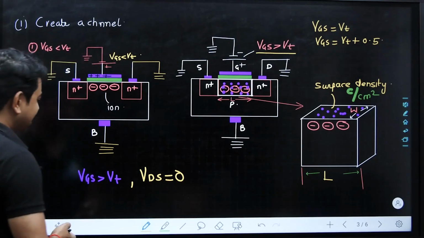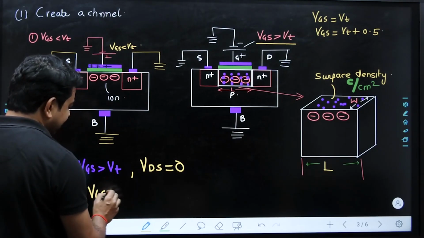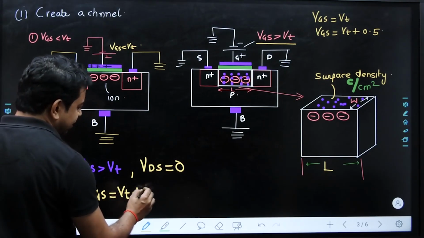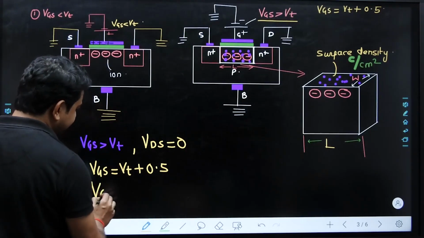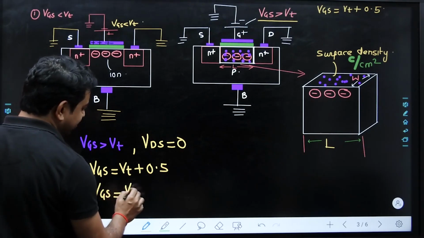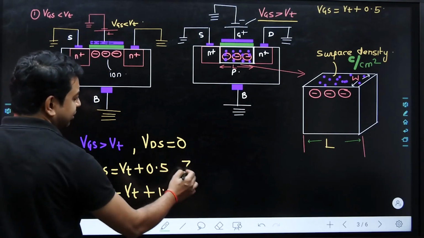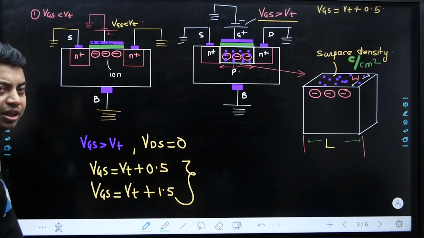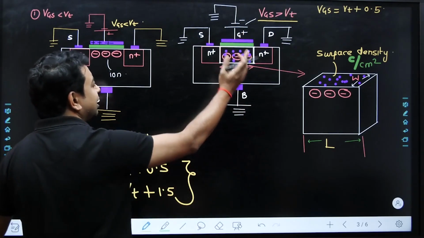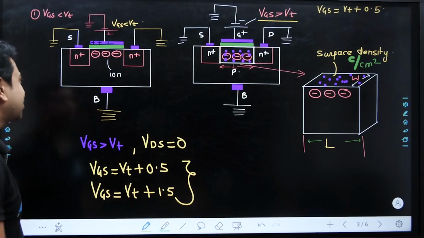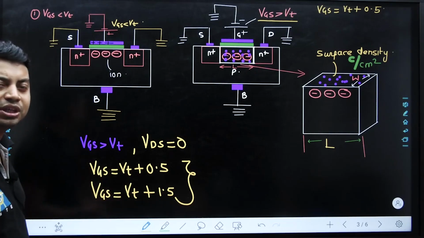So whatever voltage we are applying above the threshold, suppose we are applying the voltage at the gate terminal which is threshold voltage plus 0.5 volt, then threshold voltage plus 1.5 volt, then we mean to say that we are increasing the channel conductivity more and more by getting more number of electrons. So here we are having the ions and electrons both present. Why ions? Because less than the threshold voltage we have the ions,